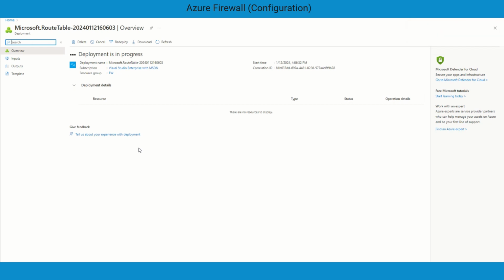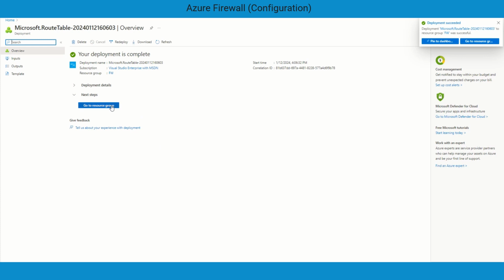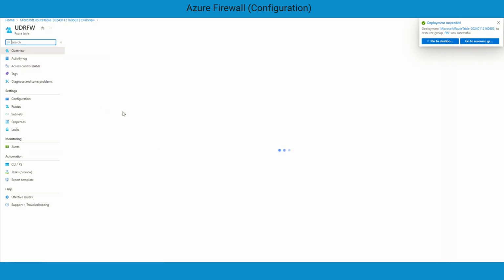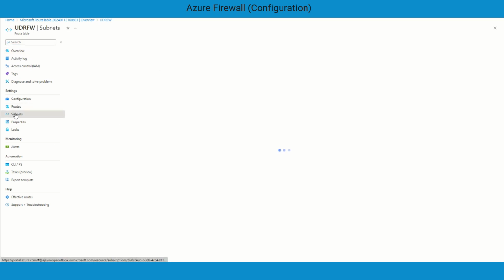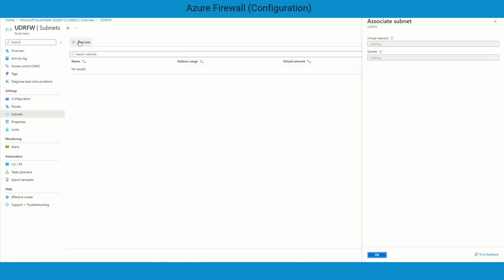Once this is created, you need to associate this to the particular subnet you want to route traffic from to the firewall. So this is done. You can go to this UDR, and from here I can go to associate, and in this case it was the firewall VNet, and the subnet was this one only. So we will hit OK,